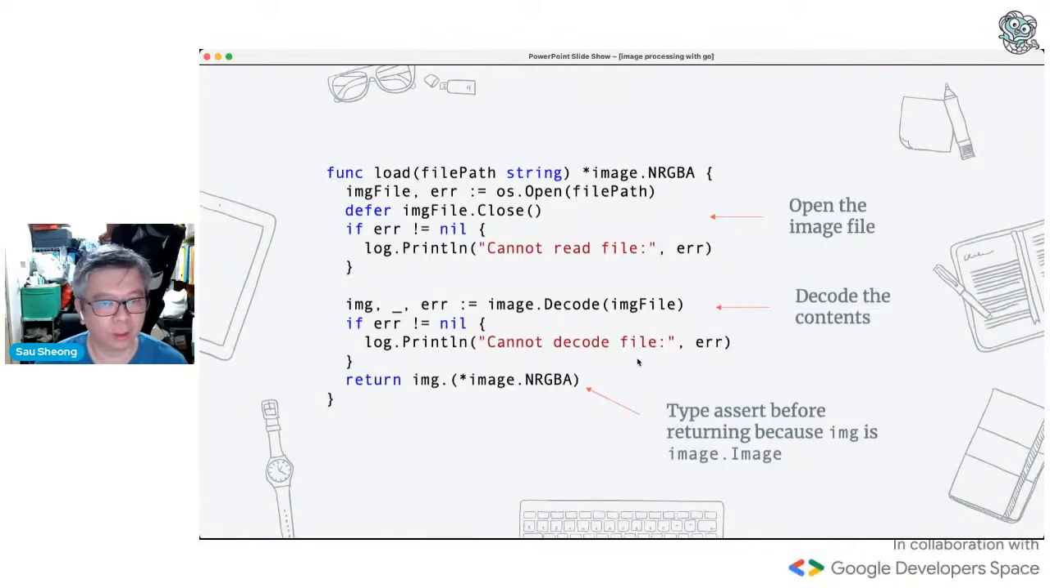Okay, so this is the load function that allows you to load a file. Basically, that's a PNG file here that we want to load up, and it will return image.NRGBA. The usual way is you open up the image file, the top part here. It's basically just opening up the file, and then you call image.Decode with the file, and you'll be returned with an img,